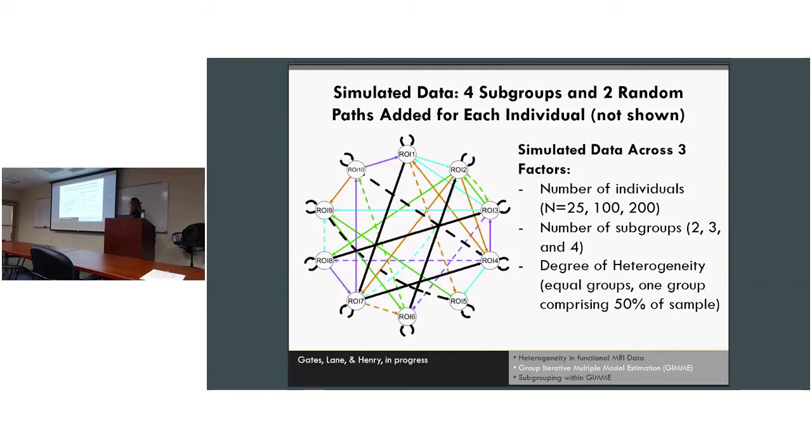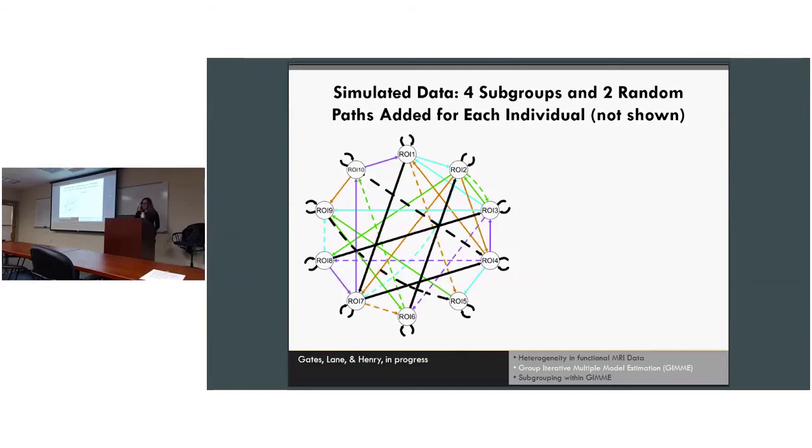But then we wanted to see what would happen when we had more of one subgroup, and if that would mess up things in terms of having spurious group level paths or not being able to subgroup appropriately. So we added this part in to see what's going to happen when we make things harder on our system to identify what is a subgroup versus a group level path.